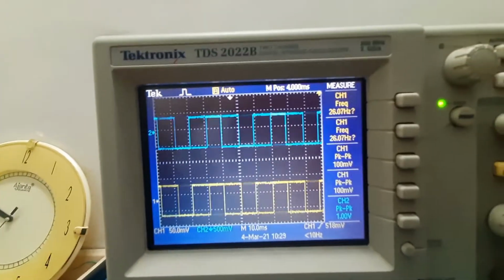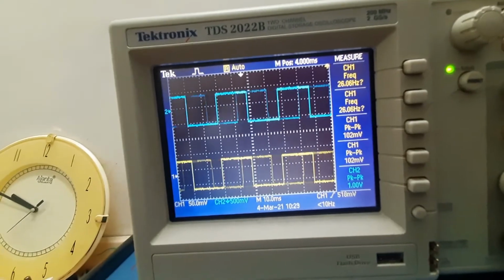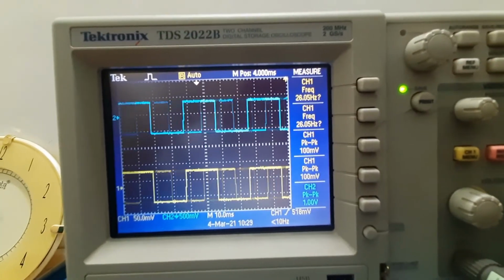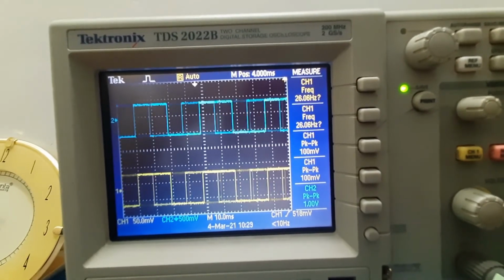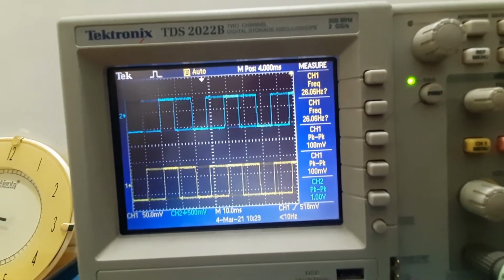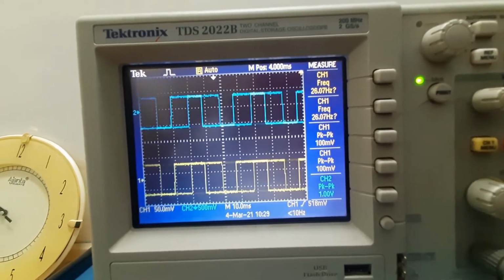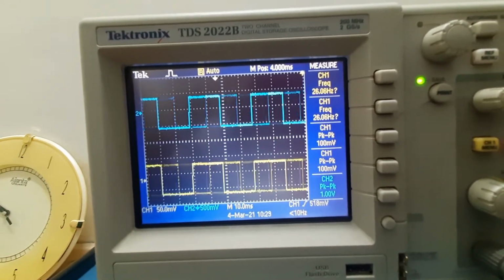Here on the CRO it is showing that channel 2 is showing peak to peak 1 volt and channel 1 is 100 millivolt. So we have to note down this value and find out the transfer function of the error detector come gain part.